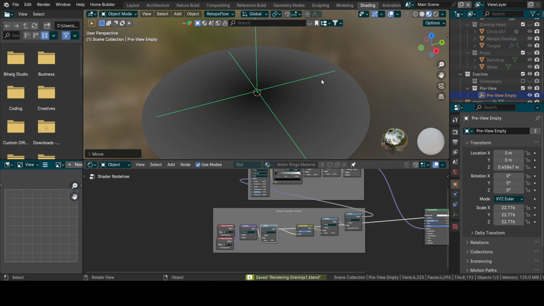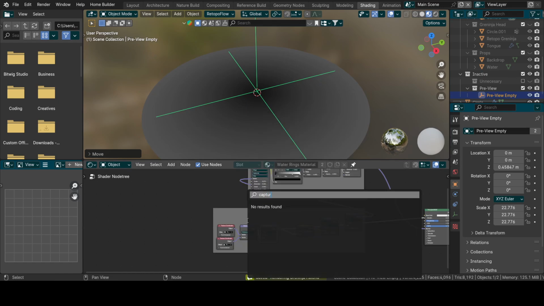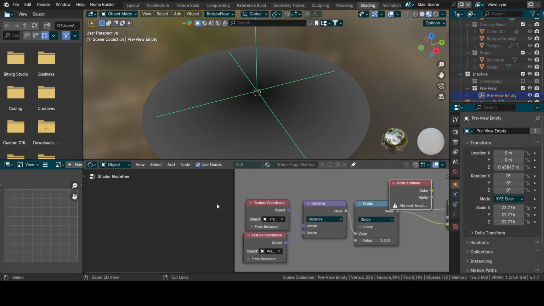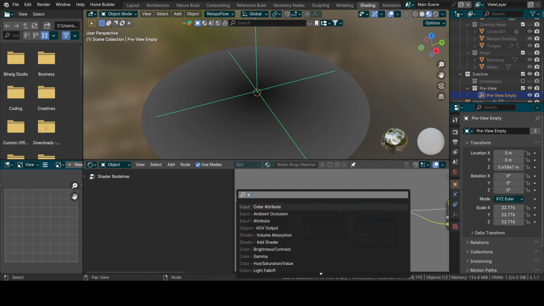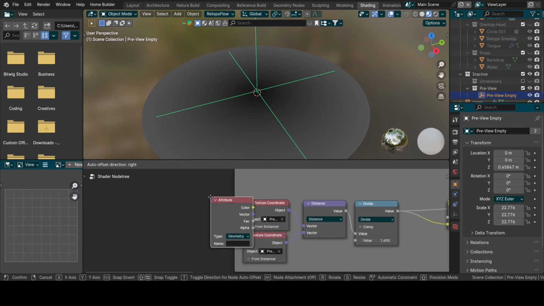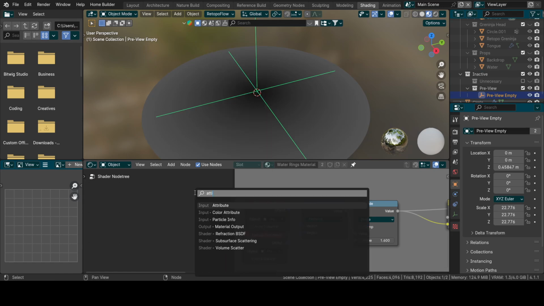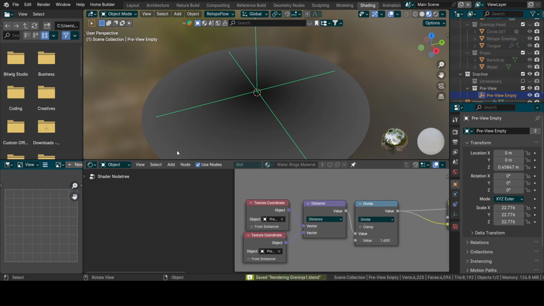a value based on color. You could also just capture this attribute, so get an attribute node or capture named attribute. Is this not a thing here? Named attribute, color attribute. Wow, you can, wait, what? Hold on, that's not right. Attribute, it's in geometry nodes. Strange. Anyway, if you want geometry nodes and you are doing something like this, in geometry nodes you'd have